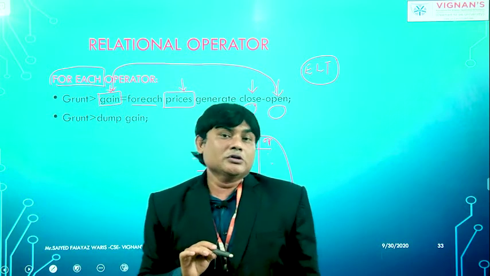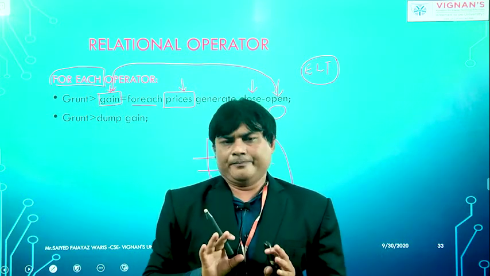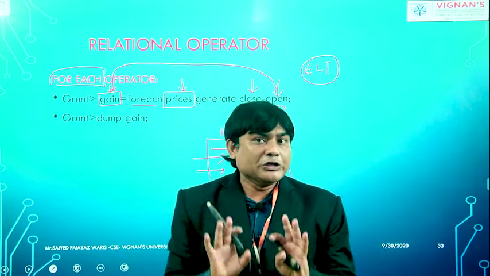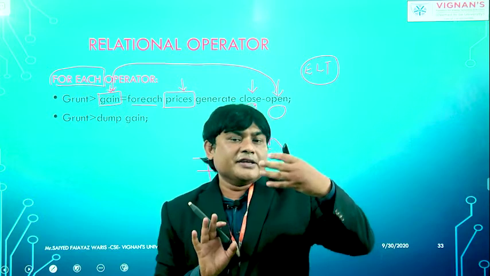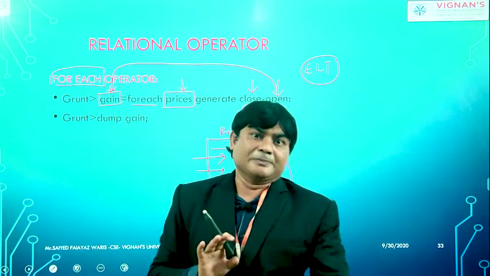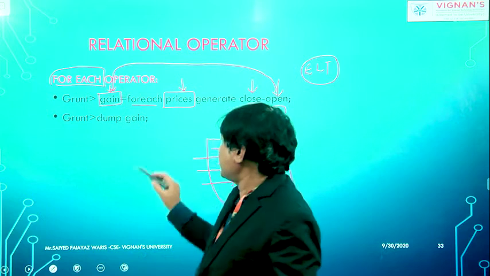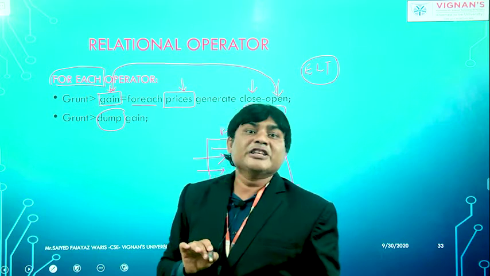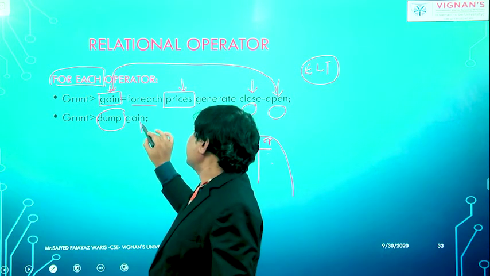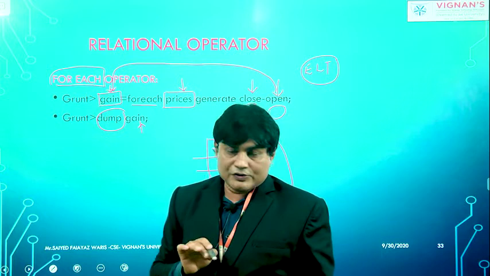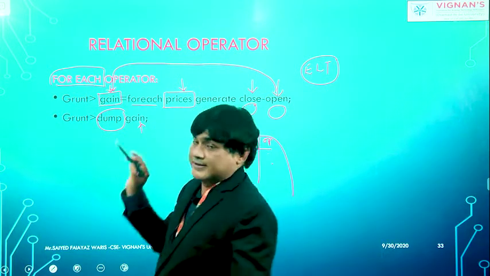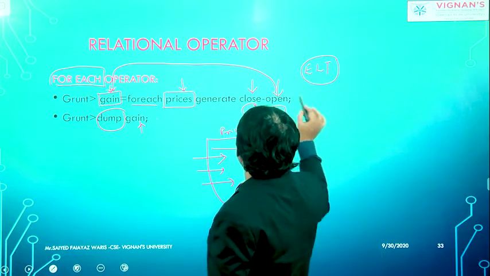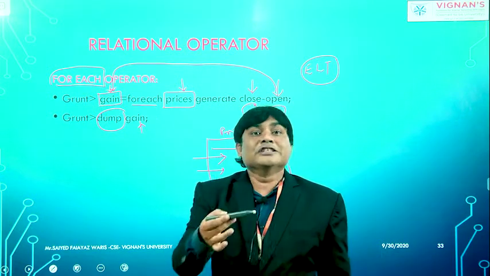Now I want to see the results. My aim is not to store the result anywhere; I want to see the result on my screen. For that purpose we have to use the DUMP operator, and give the relation name, because in this relation we have the result. If I give dump, we get the value of close minus open displayed on the screen.